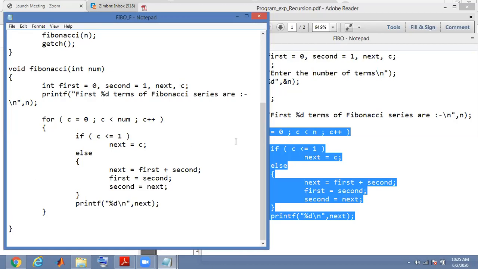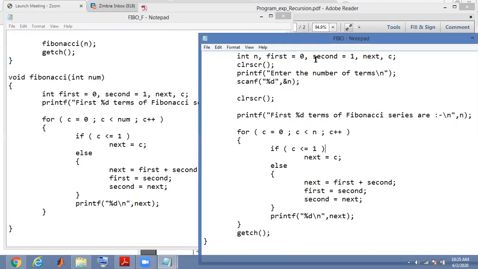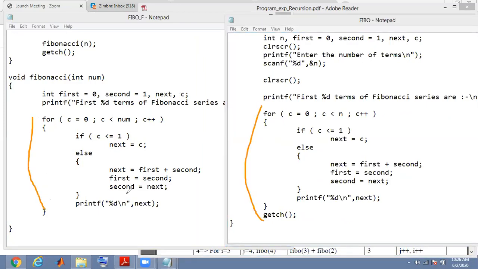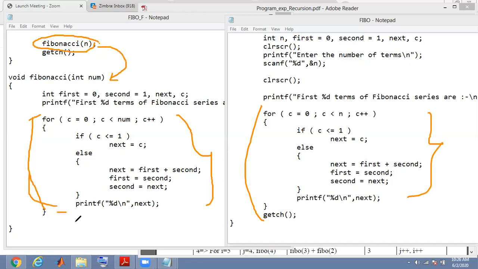Now, after that, the for loop is very much similar. See here, this for loop and this for loop, there is no difference. Their working mechanism is the same. The only difference is in these two lines, where we are using a function, and we will come to the function and display the Fibonacci series from inside the function only. Okay, so this is the main difference between Fibonacci series without a function and with a function.